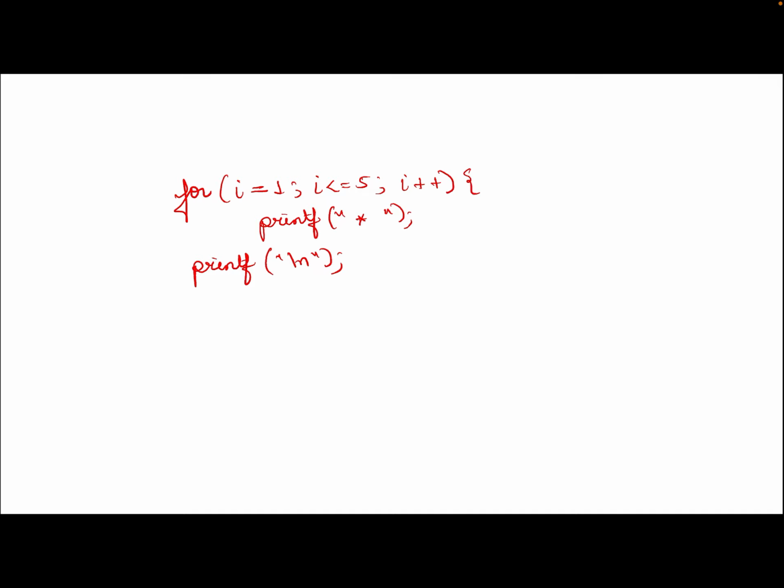And how many times do I want to repeat these statements? I want to repeat these statements 3 times. So I will again use a for loop. Let's take a variable j.